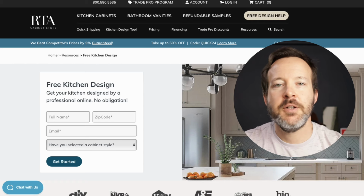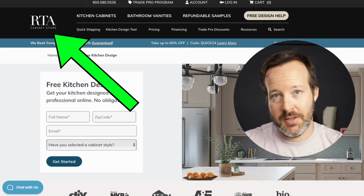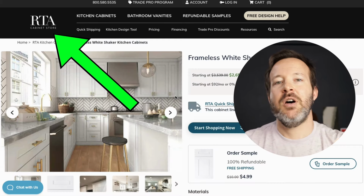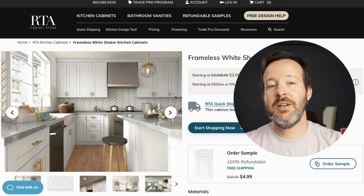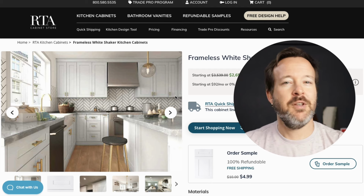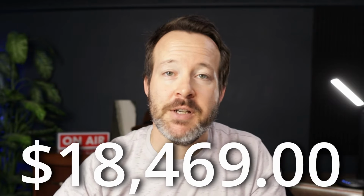The first online RTA company we are looking at is the RTACabinetStore.com. So I didn't take any discounts off. I didn't use any of the coupon codes. I didn't use any of their flash sale, anything like that. I just went to the straight full price you'd pay on maybe just a regular day without any other sales or any discounts. These cabinets came out to $18,469. This is just for your cabinets in a box that you have to assemble yourself, which I was kind